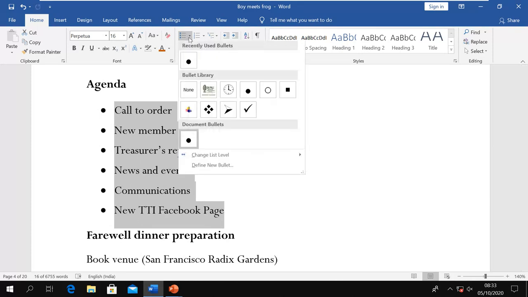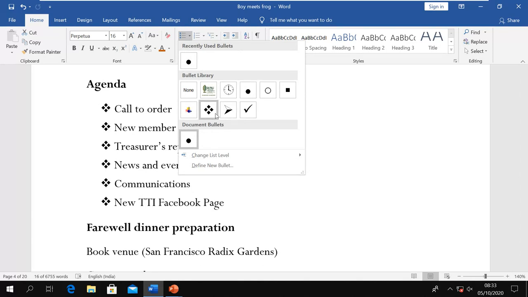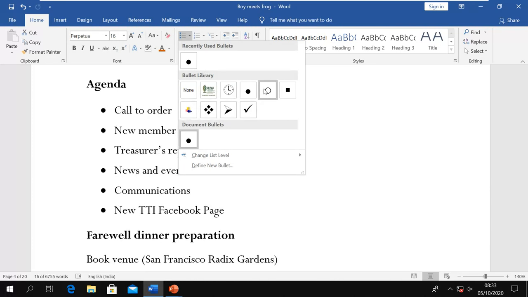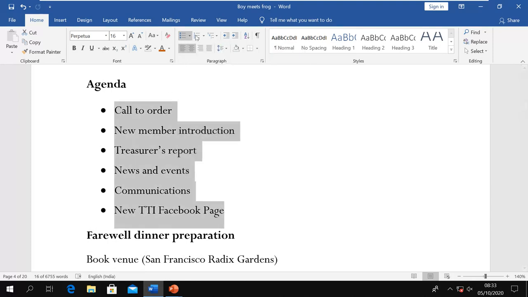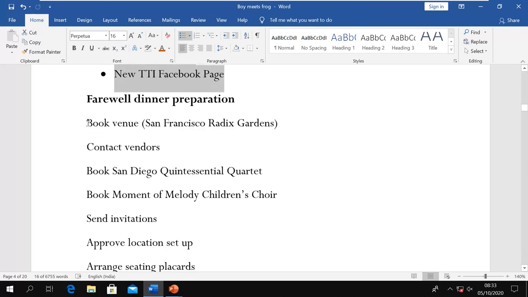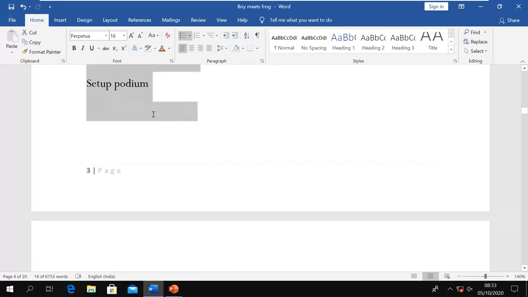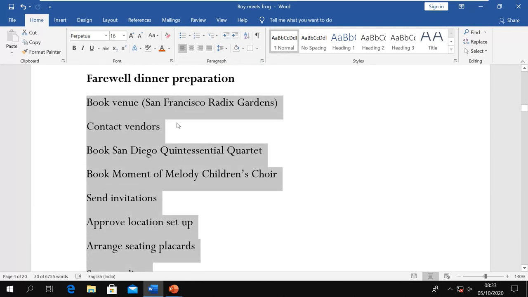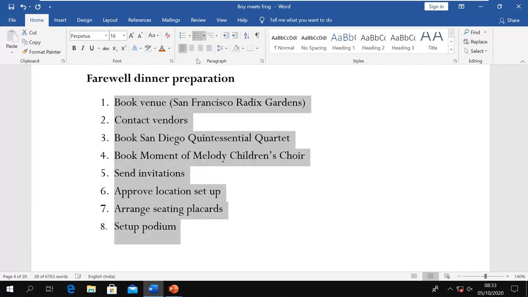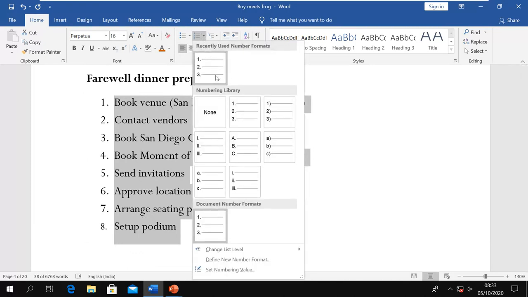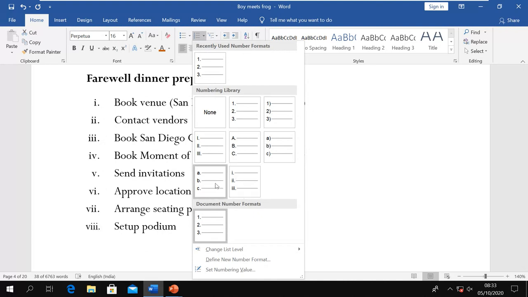And we have some other options also to change the styles of the bullet. So we have these other options we can choose from. We have seen this in detail in the previous videos. Then we can have the number list also, like I have another list here, and I want to convert it into a numbered list. So I click here and I get this numbered list. And even in a numbered list I have the option to choose a different way of numbering.